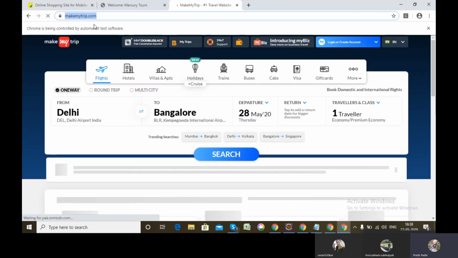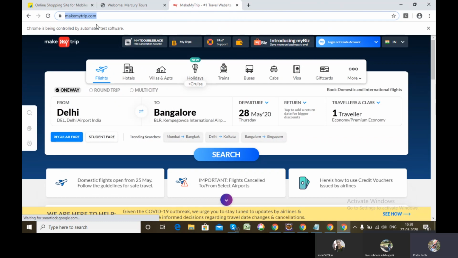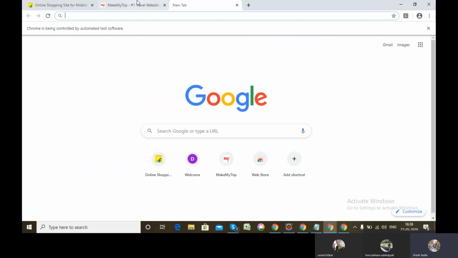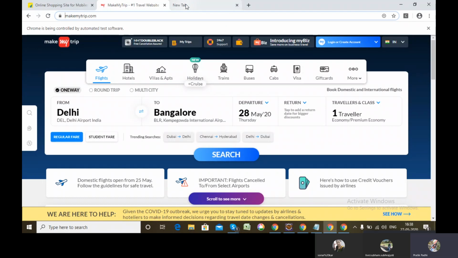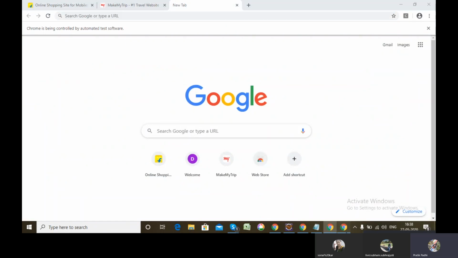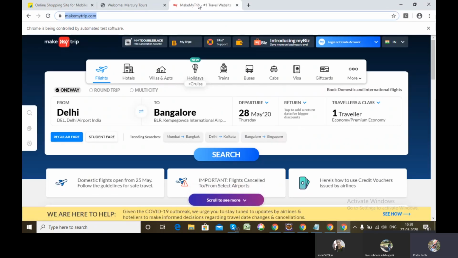See, MakeMyTrip in this case opened in the third tab instead of the second tab, which was happening in my previous code execution, because now I have passed my control to the third tab. So MakeMyTrip got opened in the third tab.